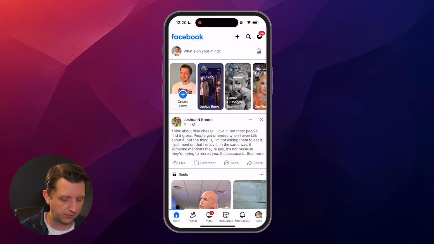Today I'm going to show you an easy way to change the name of your Facebook page. Let's jump in. So I'm on my iPhone here, have my Facebook app open, and all we want to do